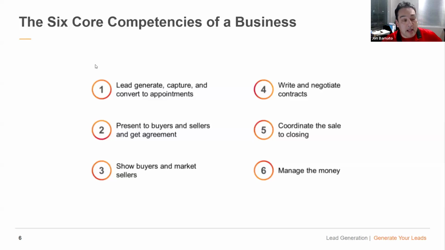Yeah, so caring, exactly. So I want you to understand, you are the product. They choose to work with you, then go find the home. They choose to work with you, then list the home for sale. Does it make sense? So you don't sell homes, you sell you. And the agents that struggle with this core competency don't understand that you're what they're selling. Your presentation, how you show up, your consistency, how you communicate from the phone call to the appointment and at the appointment. All those things are your customer service. Those things are how you generate trust and reliability.